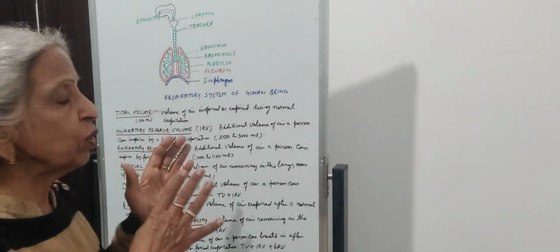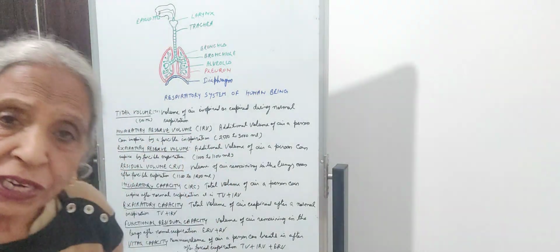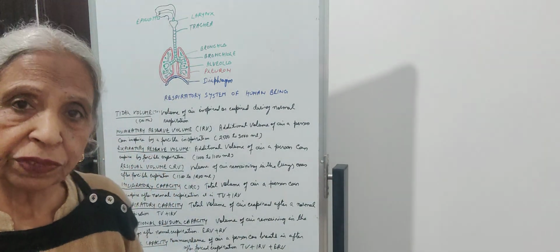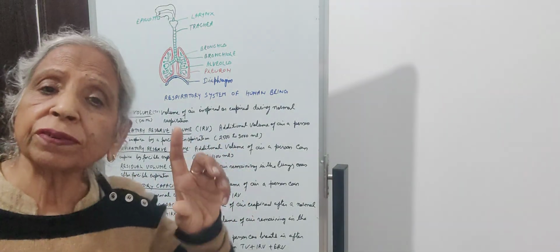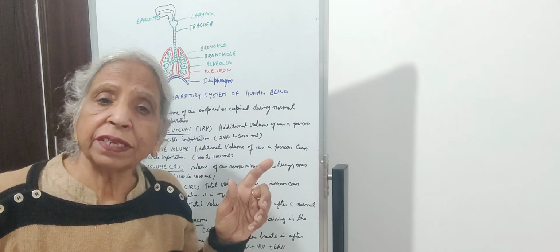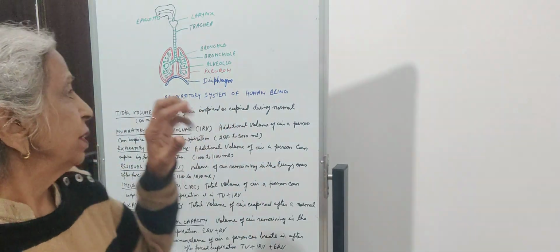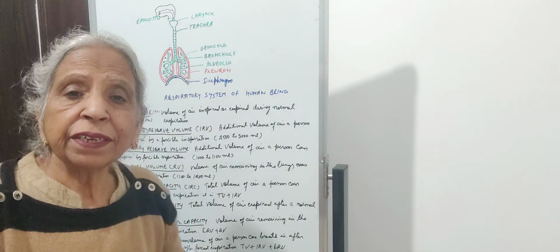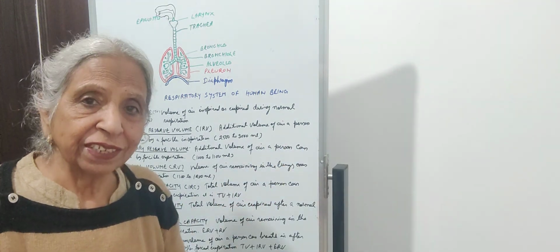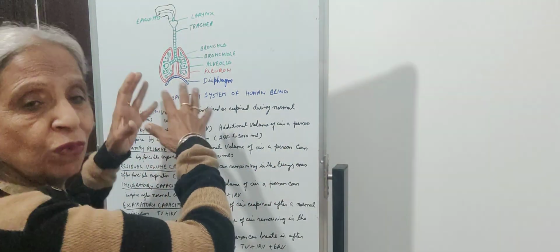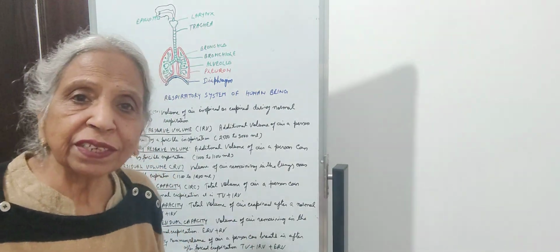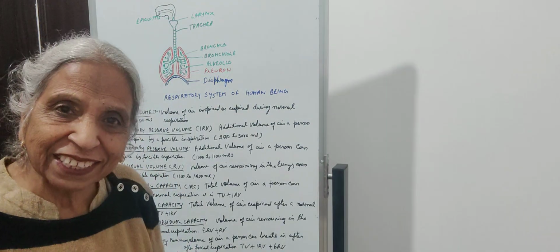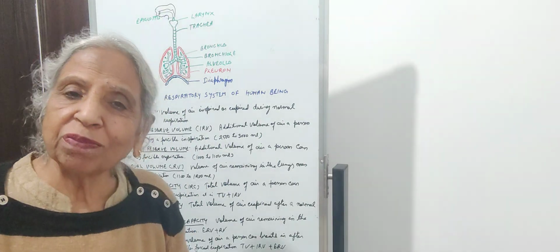So in this way, the volume of the thoracic cavity is increased anterior-posteriorly by the contraction of the diaphragm, which gets straightened up after contraction, and by the contraction of the external costal muscles, the volume is increased dorso-ventrally. The entire volume of the thoracic cavity is increased. So ultimately, the volume of the lungs will be increased. When the volume is increased, the pressure inside the lungs is decreased. Pressure inside the pulmonary cavity will be decreased.